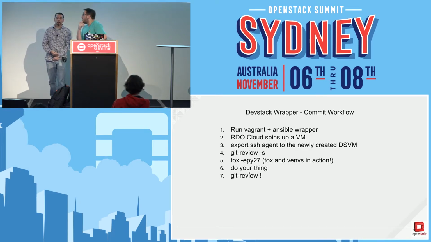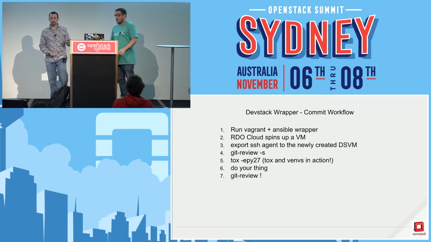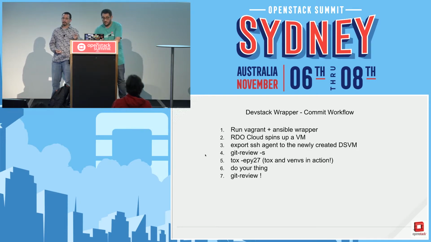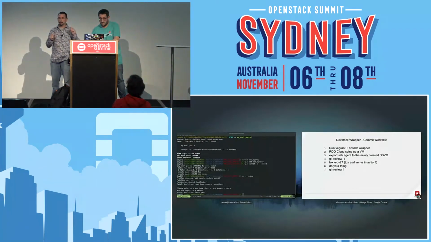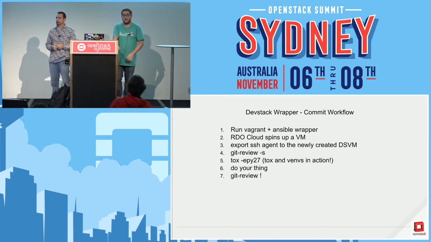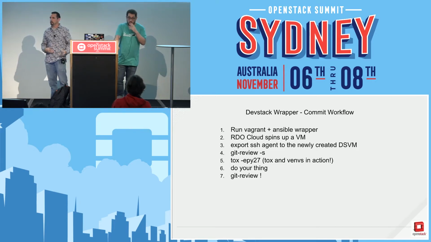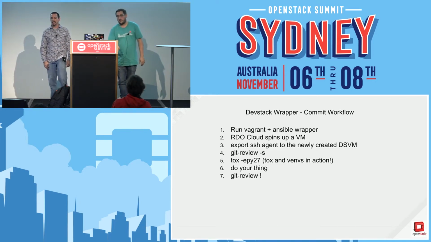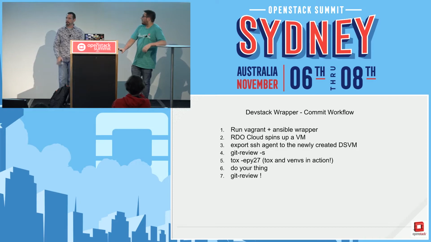One thing we would want to do in this case after the Git review is, it's now in a live state. What you would want to do is go to Gerrit and set it as a -1 workflow, so it's not going to be reviewed and go through the CI process, because it's basically just